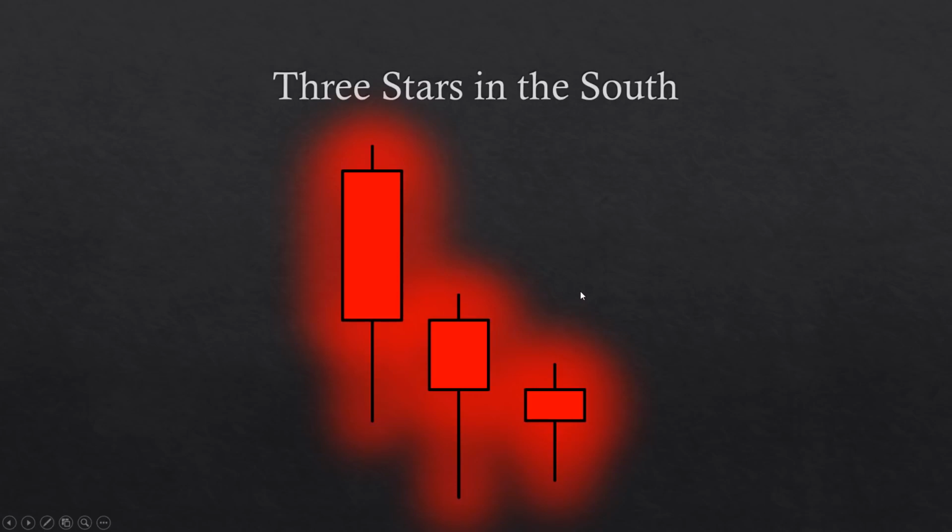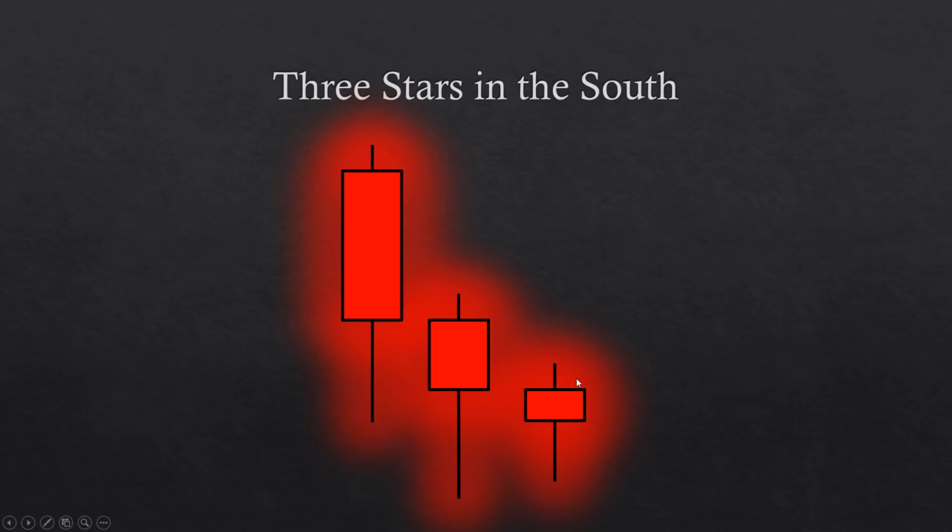So the three stars in the south pattern has three descending bearish candles. Each candle has a smaller body than the previous candle. The other important detail is that the lower tails of these three candles are much more prominent than the upper tails. The logical interpretation of this pattern is that price is decelerating its downward momentum, hence the decreasing size of the candle bodies, and beyond that, price is encountering buying pressure as we can tell by the larger lower tails. You can almost see the sellers failing to create larger candle bodies and the buyers succeeding to create larger lower